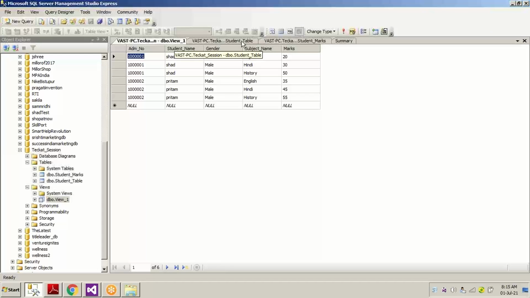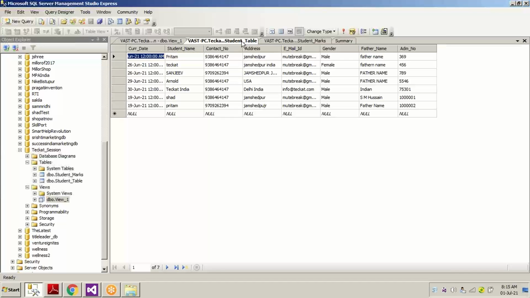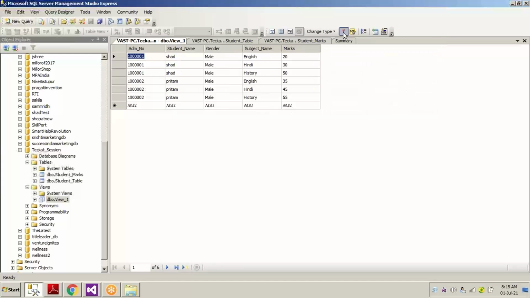Now let's change something in this code: English, Hindi, science. Now if we execute, you can see for Shad we have English, Hindi, history, and for Pritam we have English, Hindi, science.